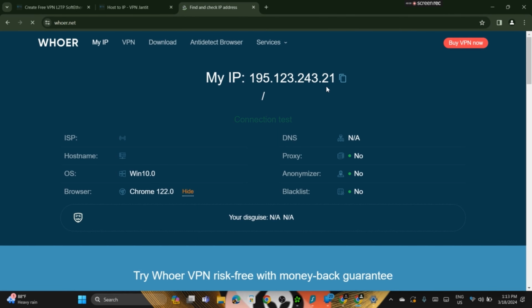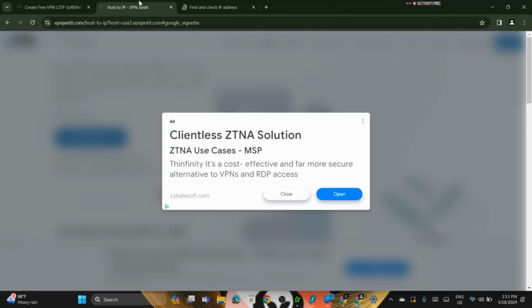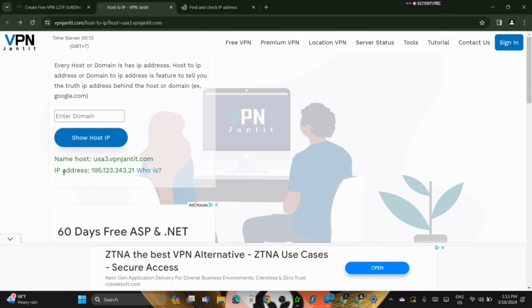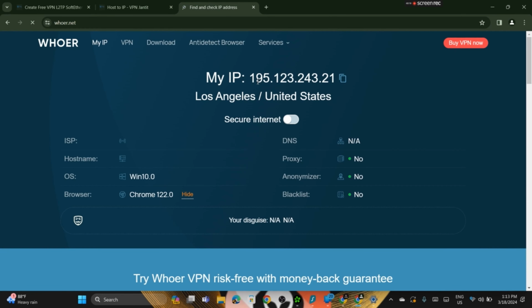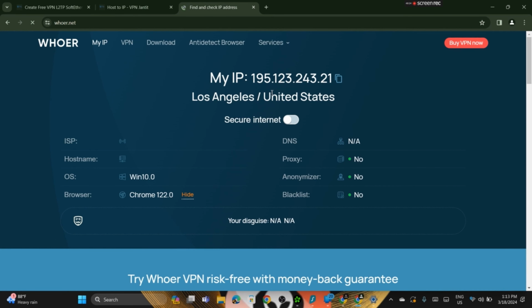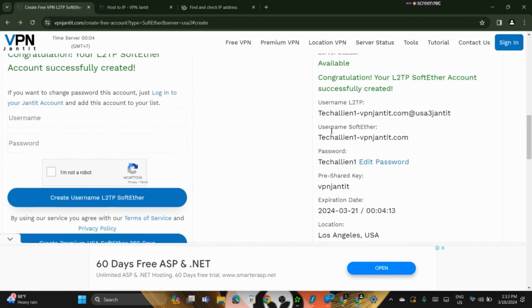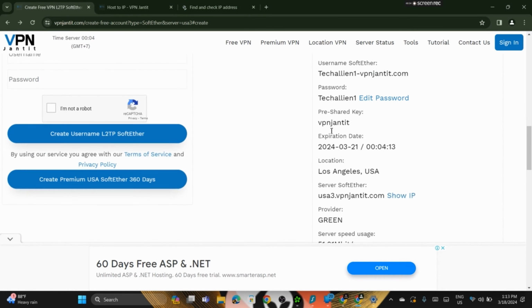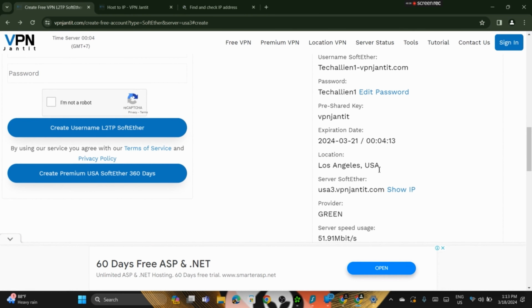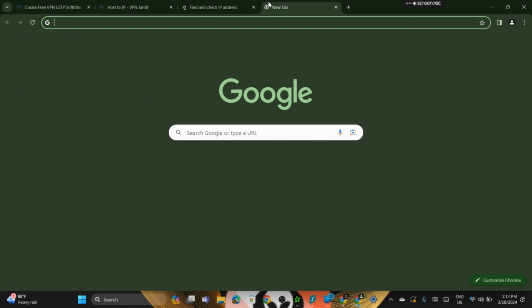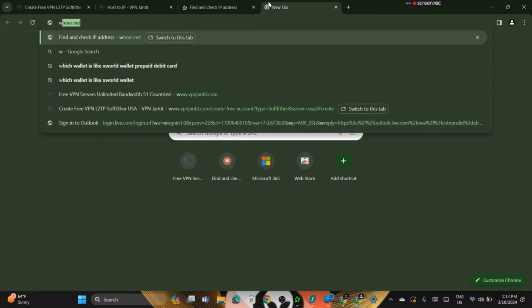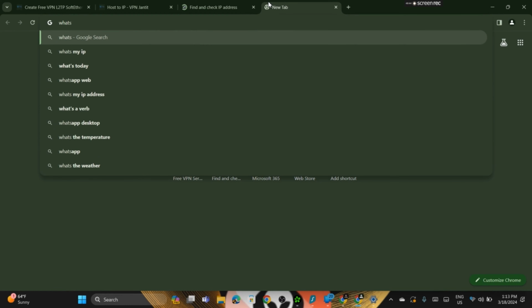So when we are on whoer.net, we can see we have the same IP as the IP that is assigned to us over here, 195.123, and we also have 195.123. We can see we are still loading up, and our location is Los Angeles in the United States. So the same thing we also have over here. When we come down to this place, we are assigned to Los Angeles in the United States of America. So when you head over to Google also to search for it, what's my IP,